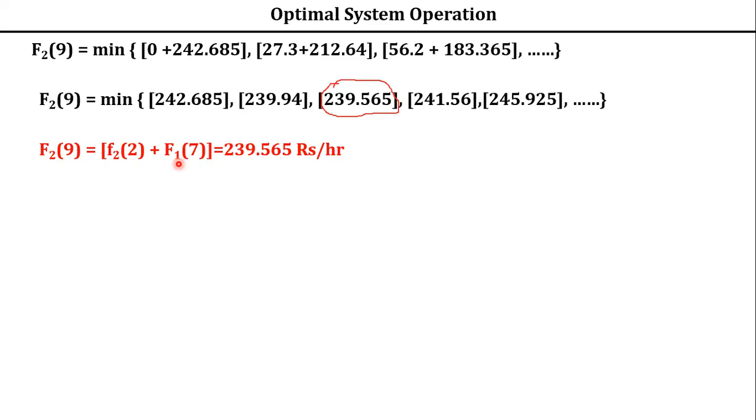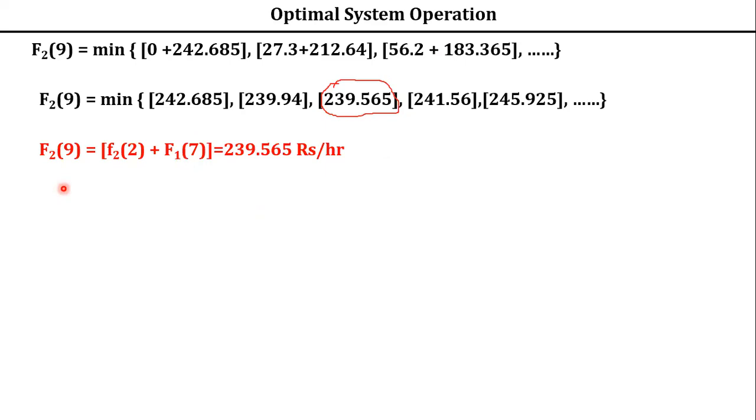Still we have not yet completed the unit commitment problem using dynamic programming. This is only one particular load you got. Like this, you have to do it for other loads also, for other units. F1 of 9 we have completed, the first one. F2 of 9 just now we have completed. What is left out? There are totally 4 units. For all the 4 units you have to try.